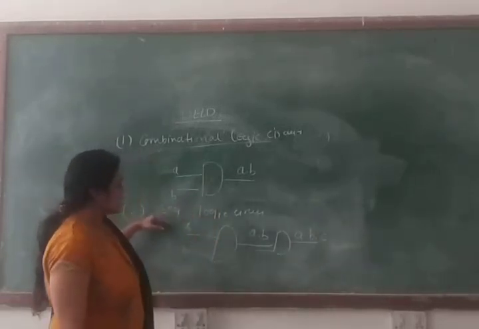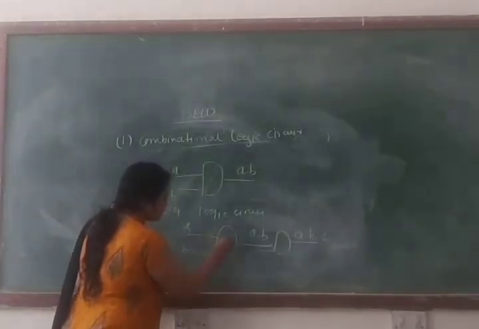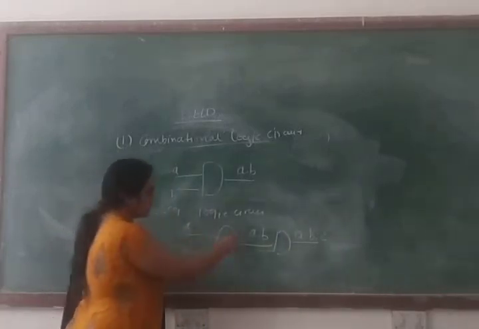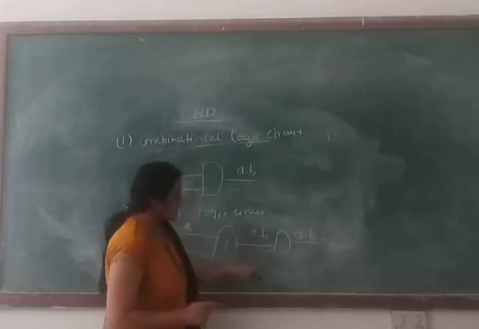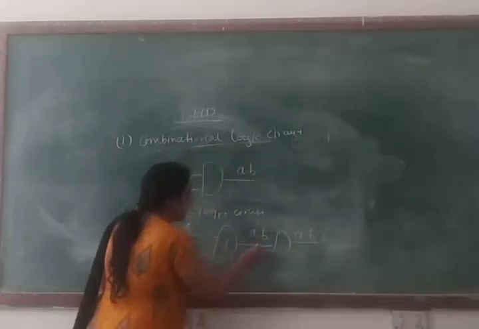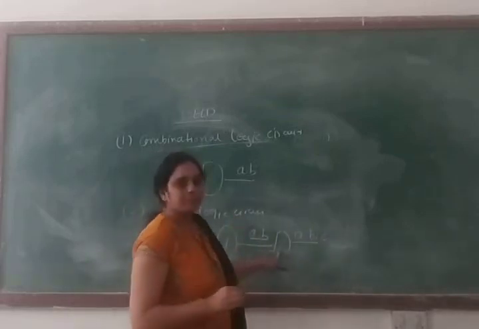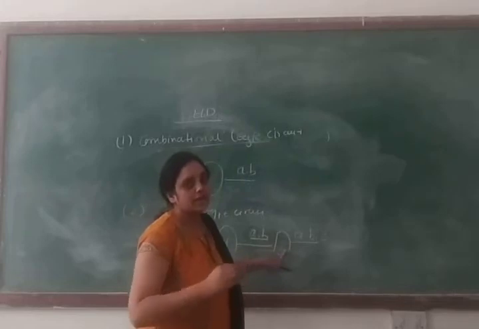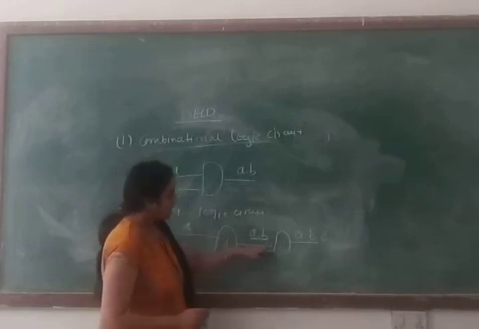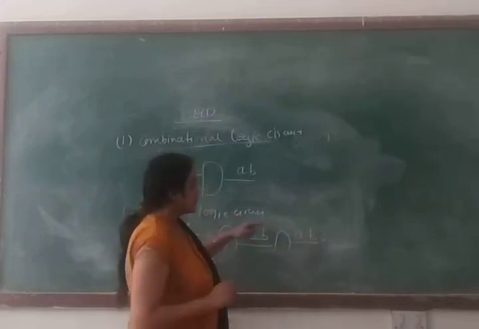But in a sequential logic circuit, what we are doing is giving input to the first AND gate. This is your first AND gate, and this is your second AND gate. For the first AND gate, we are giving input A and B, and you are getting output A dot B. The second input is small c. Now the final outcome is A dot B dot C. So basically A dot B is your output, and we are using this output as an input to the other circuit. In this particular example, A dot B is your output, you are giving it as an input to the second AND gate, and your final outcome is A dot B dot C. So this is the basic difference.